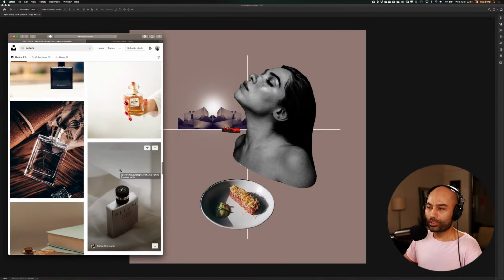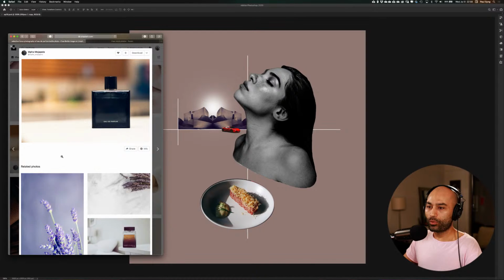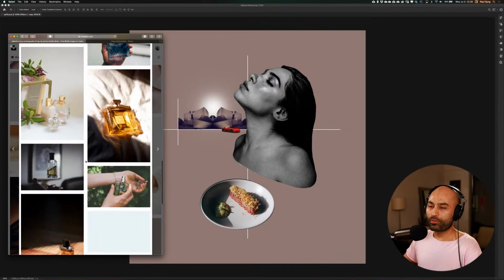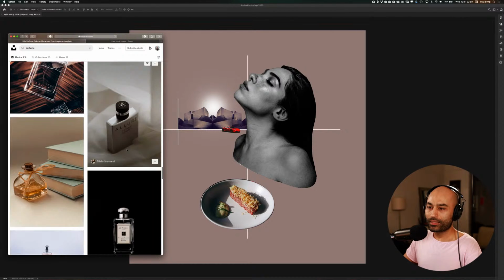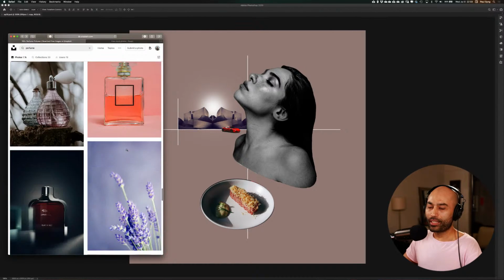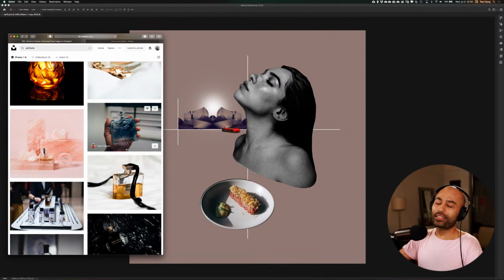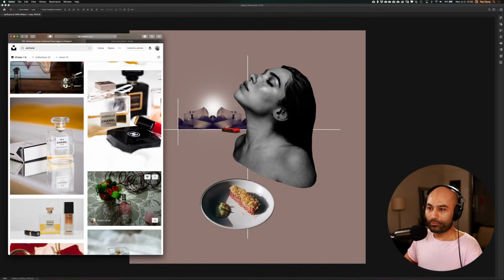Okay. And let's see if there's any other shot for this situation. Eau de parfum. So there's perfume, there's cologne, there's eau de toilette. I think there's like a whole variety, and I think each of them have different intensities of the alcohol and the perfume potion itself. Okay, definitely not a perfume expert, but